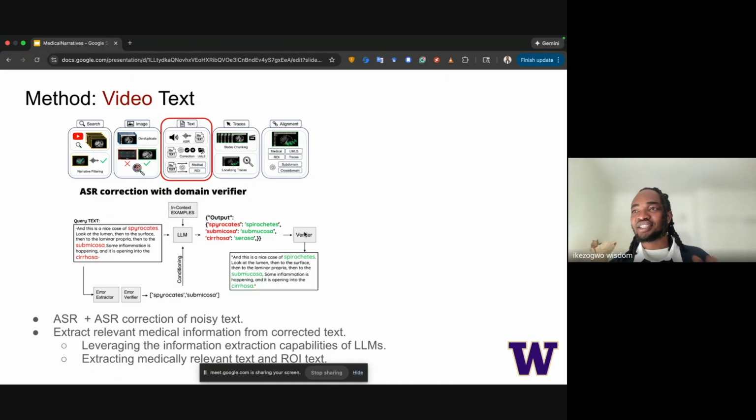So we then need this verifier to check for the correct ones. So that's how we avoid this sort of hallucination, because we have this double check. If we had only one check, then yes, hallucinations can just fall straight into the text. But because of that, we're able to avoid that. I hope that answers the question.